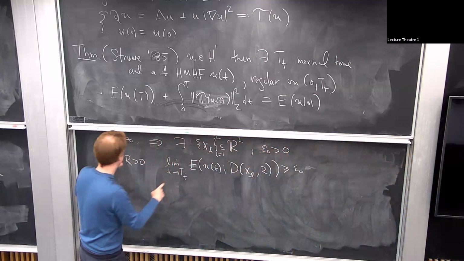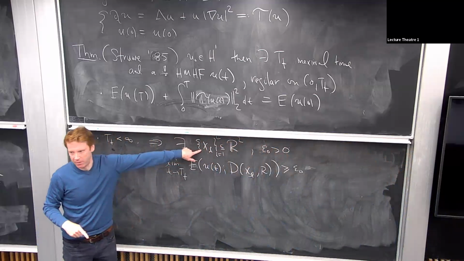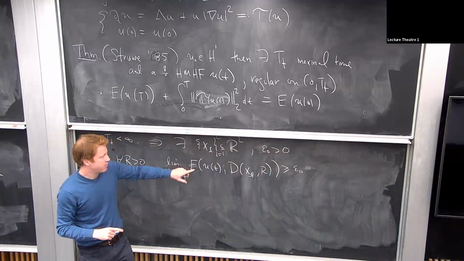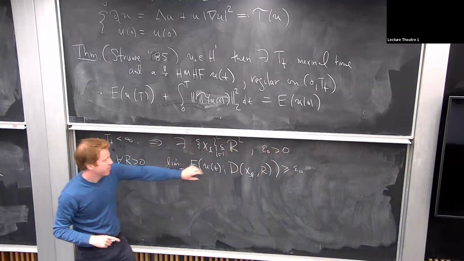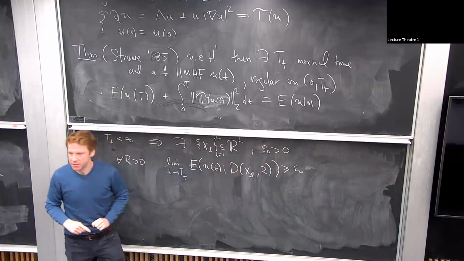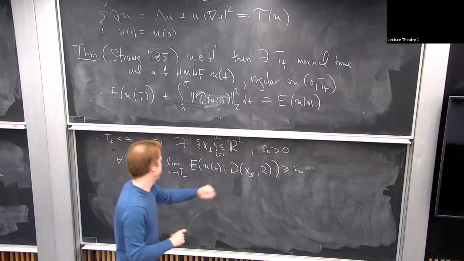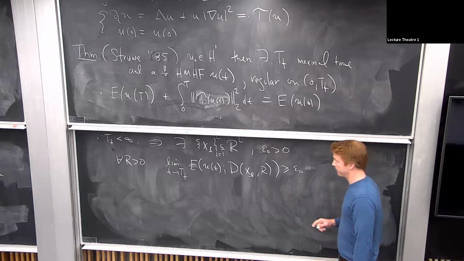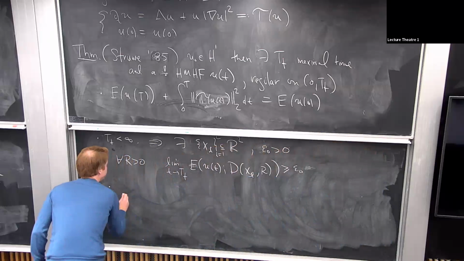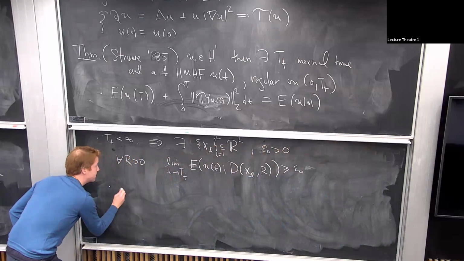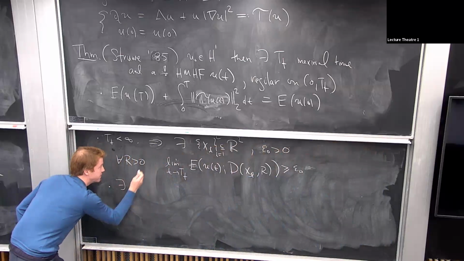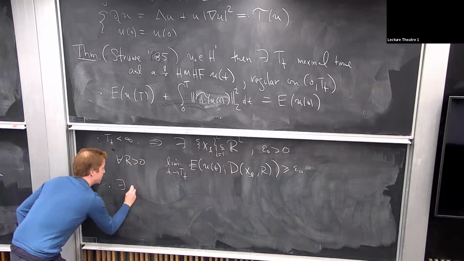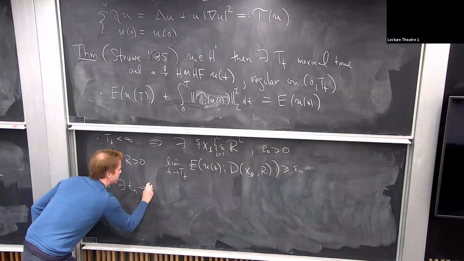So T plus finite means I can find these so-called bubbling points. I'll tell you what I mean by bubbling in a second. But for now, this means that the energy concentrates at these points. So for every R bigger than 0, no matter how small the disk you look at around this point, there's always epsilon worth of energy there. They're called bubbling points because of what Struwe showed: for each of these x_l, there exists t_n tending to T plus,